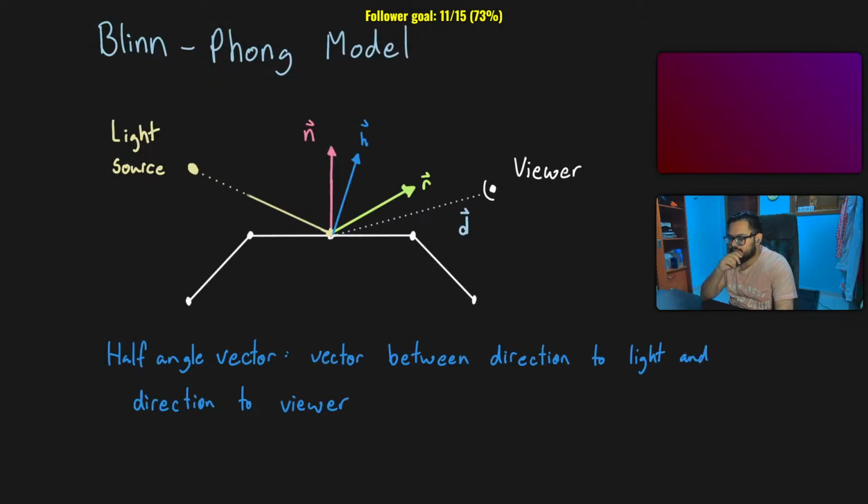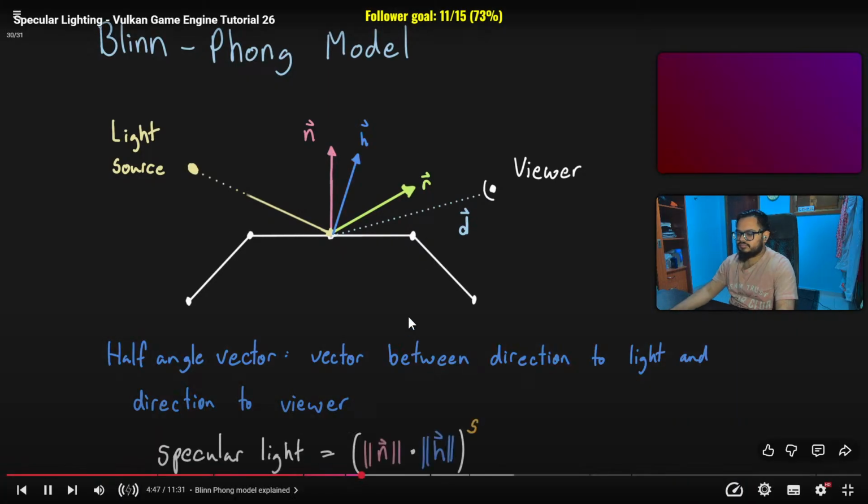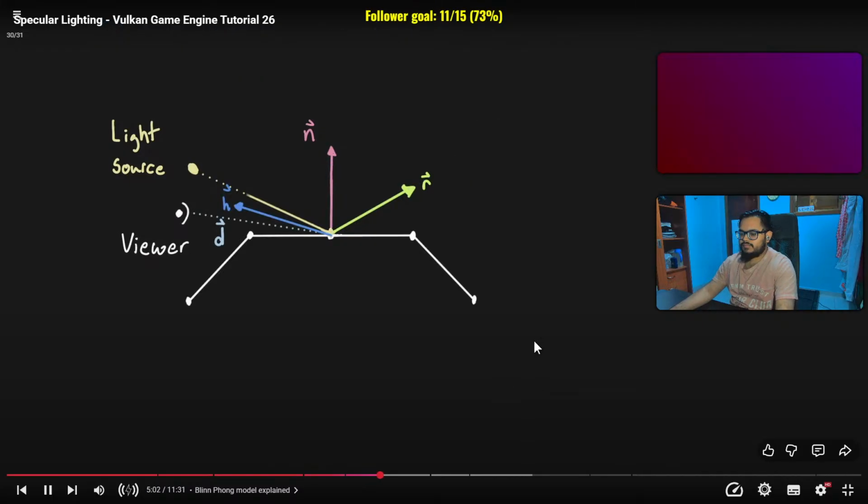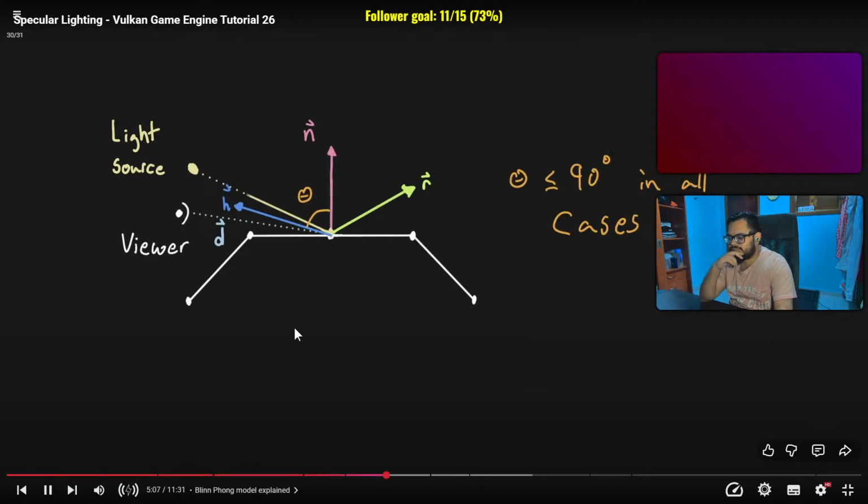to the light source and the direction to the viewer. This is known as the half-angle vector, which can then be compared with the surface normal to determine the specular intensity. When the direction to the viewer is perfectly aligned with the ray of reflection, the half angle will be perfectly aligned with the surface normal, which is the same behavior as the Phong model. But the angle between the half angle and the normal will always be less than 90 degrees, which avoids the main limitation of the Phong model, where it can't account for angles larger than 90 degrees. One last addition that is common